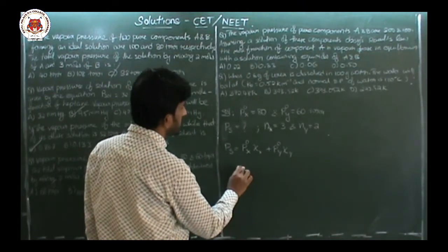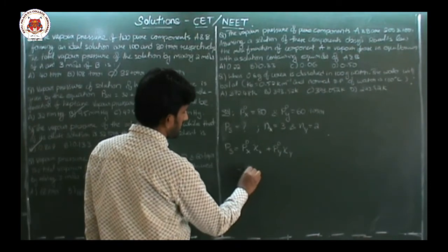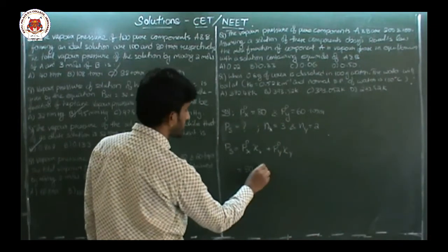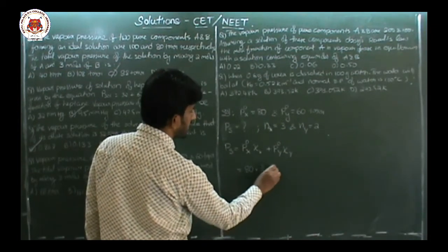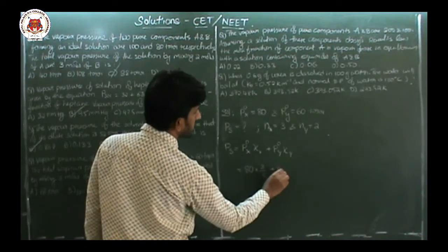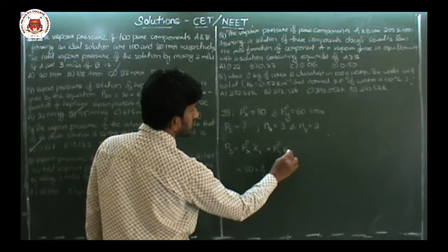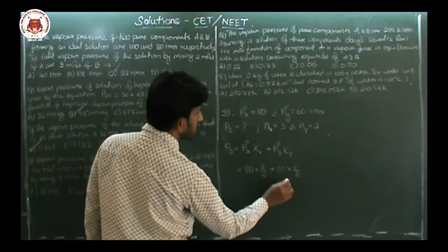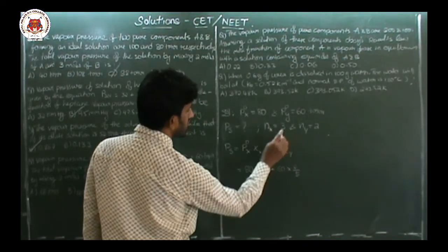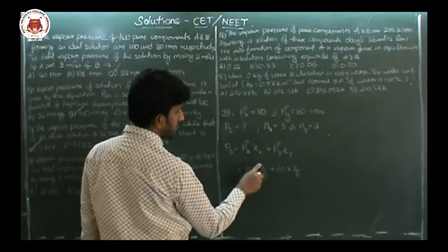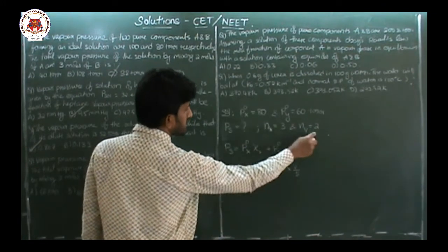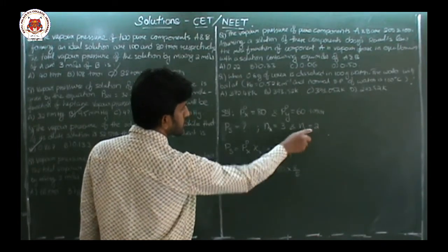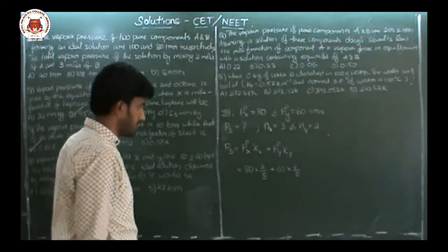Okay, from this, X is 80 into what is the mole fraction of X, number of moles of X by total number of moles, that is 3 by 5, plus the pure vapor pressure of Y, 60, into what is XY, number of moles of Y by total number of moles, that means 2 by 5. This is 3 by 5 because it is the number of moles of X by total moles. Number of moles of X is 3, total moles 3 plus 2, 5. Here the mole fraction of Y means number of moles of Y by total moles, 2 by 5. Okay?